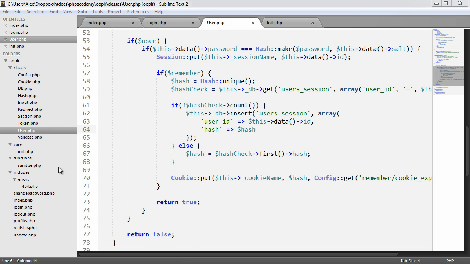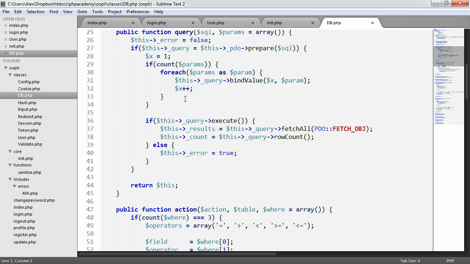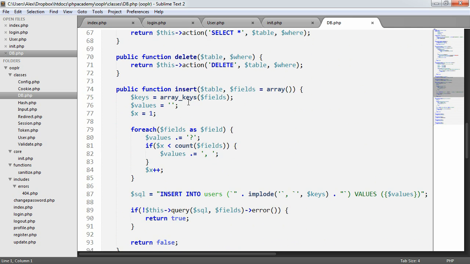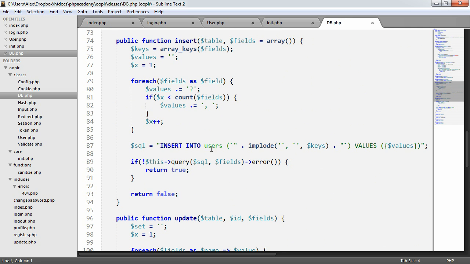Okay, so if we just check DB, our insert method inside of our database wrapper, I left the users table as the thing that's inserted into. So not good at all. So if I go ahead and just replace this with table,